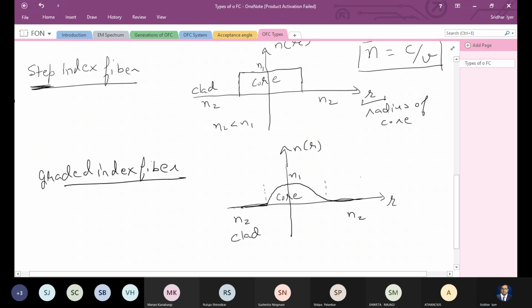from the graded index fiber. So if I draw the core and if I draw the cladding here,